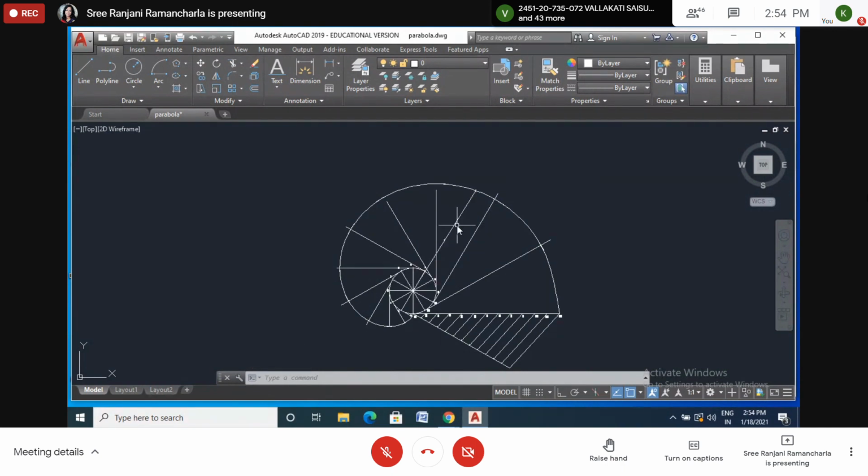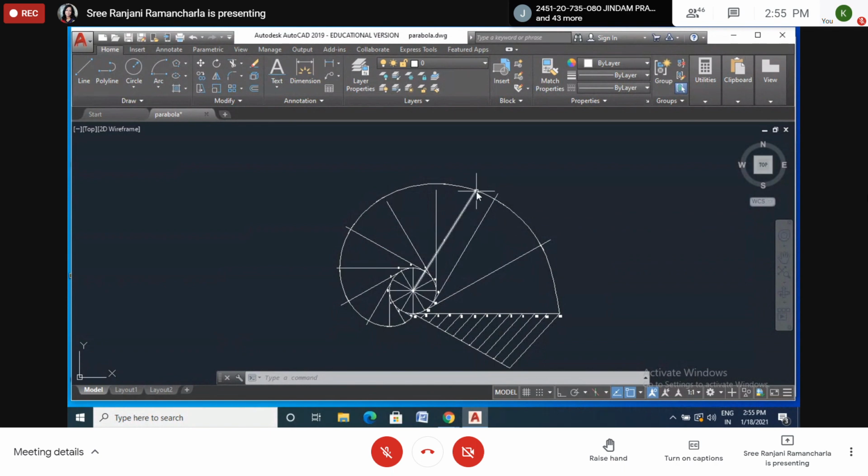Taking more than half with compass, draw one arc here and here also one arc, with the same radius. This is the center. Draw one more arc here and here. Okay. Now join these two points. Ma'am, please tell one second, ma'am. Which one? Okay. Take any point on the curve, anywhere you want.